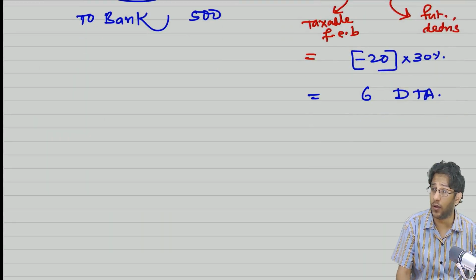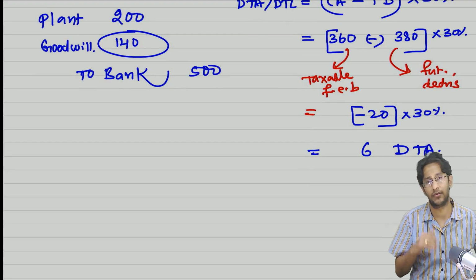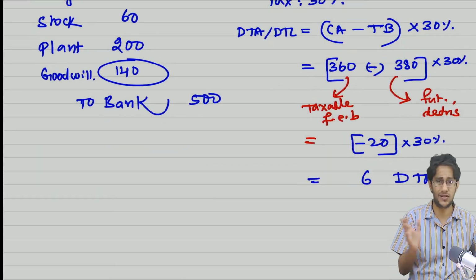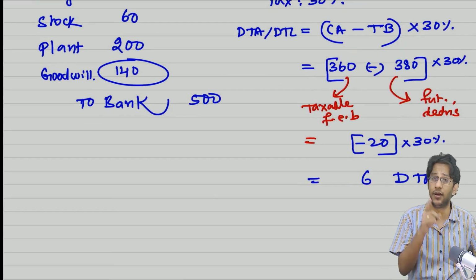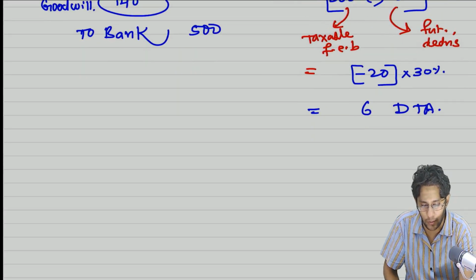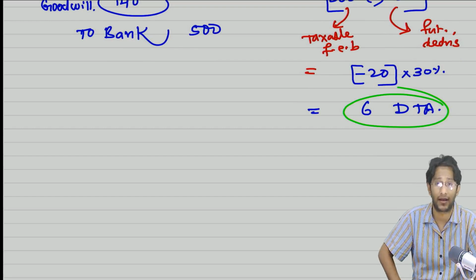That means if A Limited takes over B Limited, A Limited will get three assets: building, plant, and stock. These three assets we are getting. Not only these three assets, in terms of tax savings, A Limited will get one more advantage, a 6 lakh rupees advantage in terms of future tax.